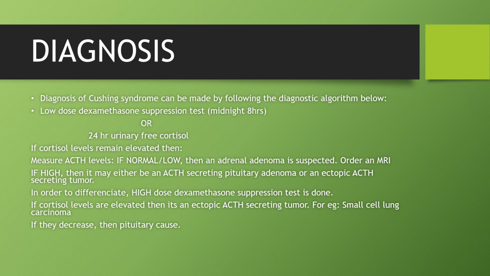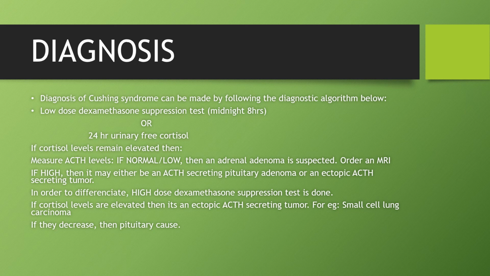So in that case, we begin our diagnosis of the condition by a low-dose dexamethasone suppression test, which is taken overnight, right? Or a 24-hour urinary free cortisol. So why do we do this test? Well, how is this test beneficial to the diagnosis of Cushing syndrome? Well, normally when cortisol is being secreted into the bloodstream, it binds to a protein called cortisol binding globulin, right? And this cortisol binding globulin then transports cortisol to its target tissues. In Cushing syndrome or hypercortisolemia,